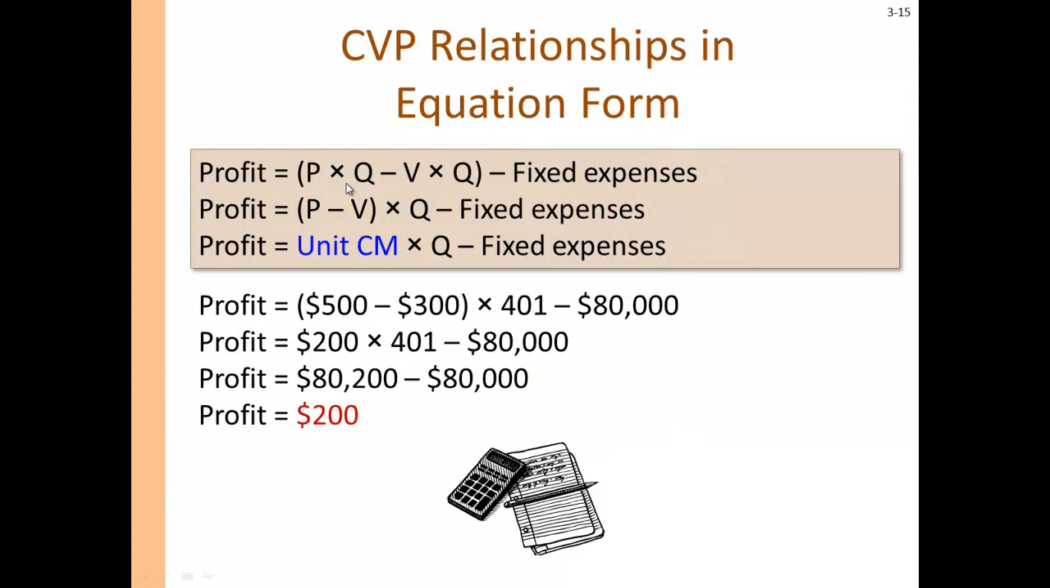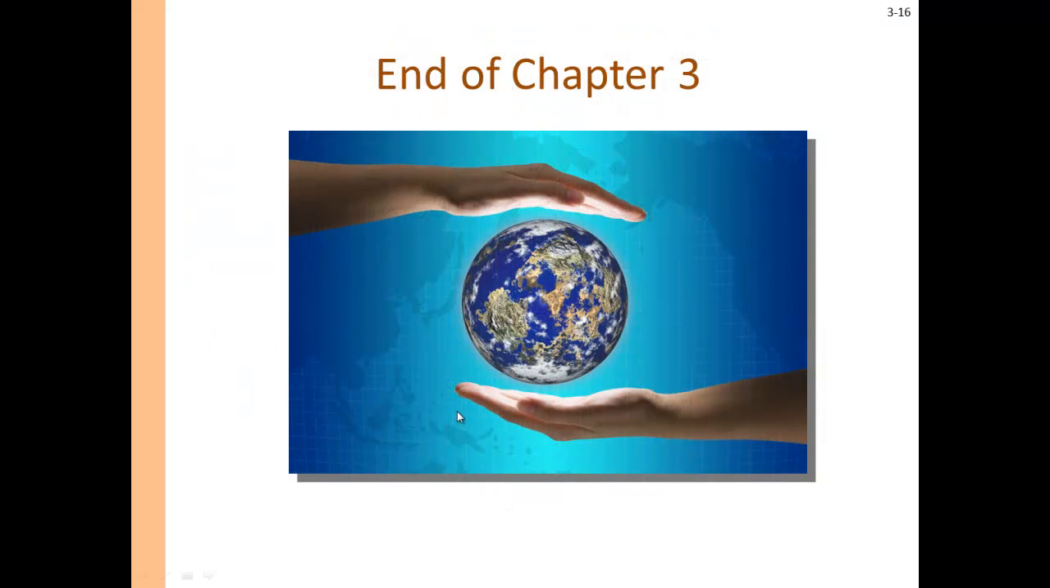So let's use the same last example. Our selling price minus our variable expenses would equal $200 times 401 minus 80,000 equals 200. So now we're going to go do some practice from the chapter. I will post that in a separate